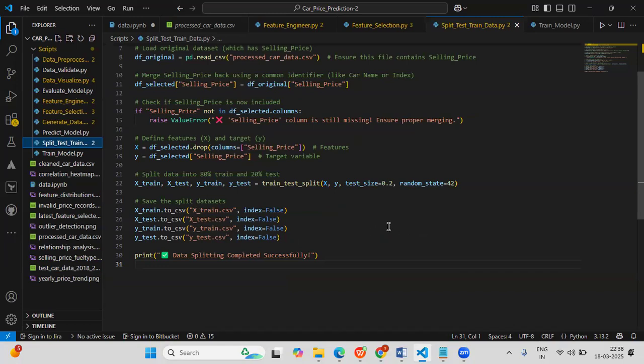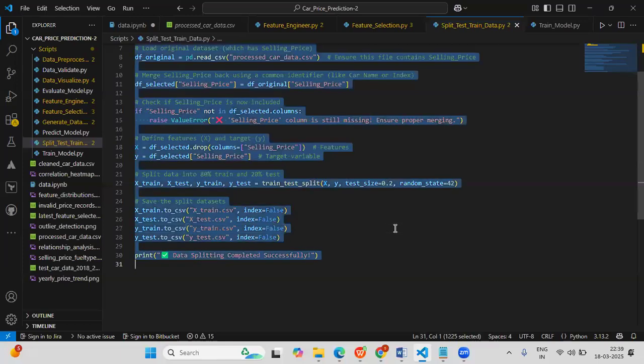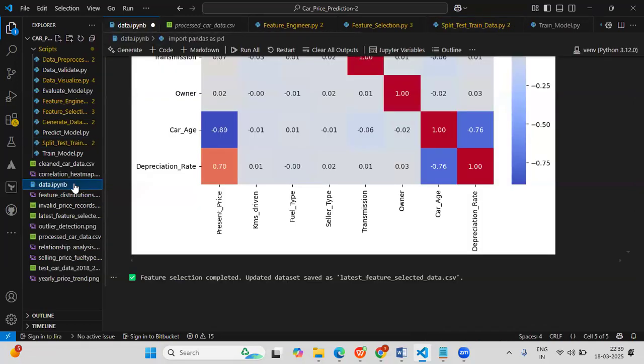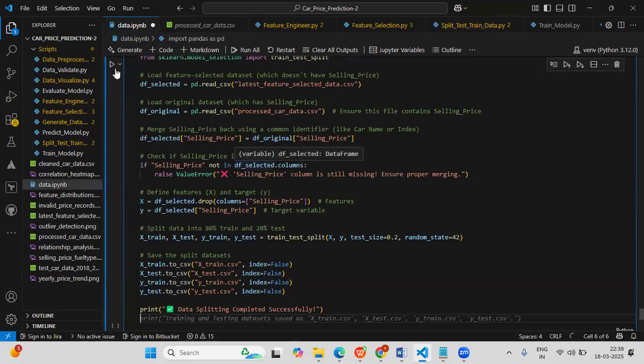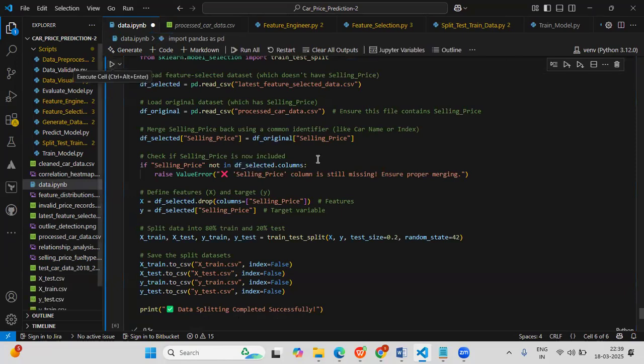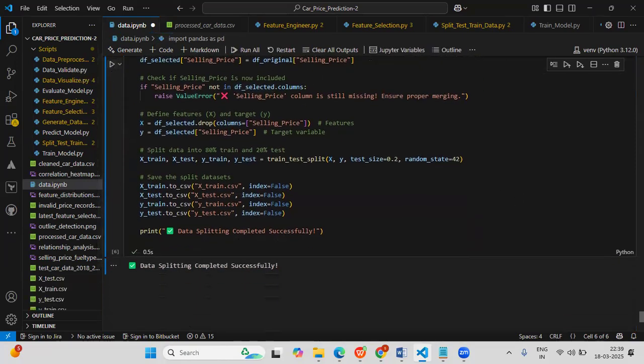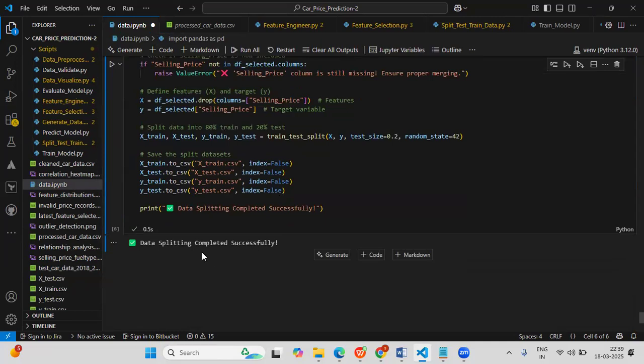So this is about the data splitting activity. Copy. And I will run. Now we created the data splitting for training and testing. So these are our CSV files for training and testing purposes. Now similarly,